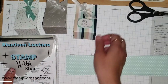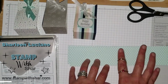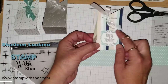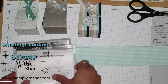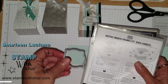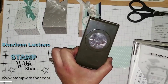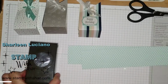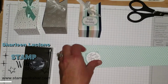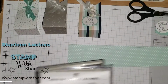Very easy to do. The designer series paper that I'm using today is the Twinkle Twinkle. I'm on a Twinkle Twinkle kick. And then for my little sentiment, I am using the Treat Time stamp set and coordinating framelits. I use this little guy here, and then I use the 1 3/8 inch scalloped circle punch and just went ahead and stamped and punched out my sentiment. So to get started,